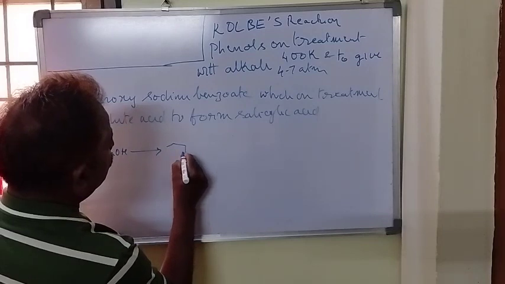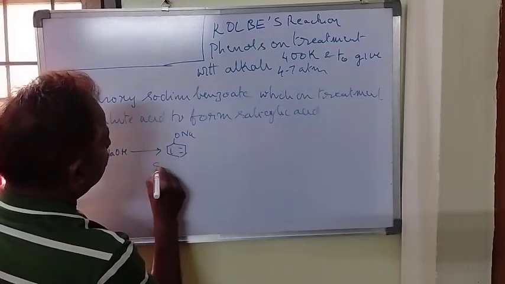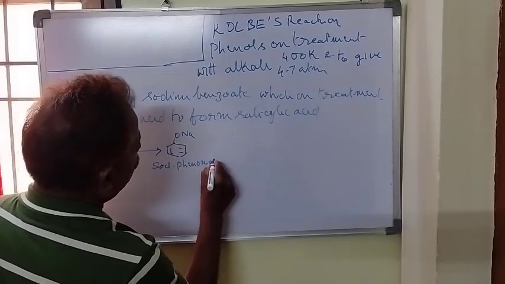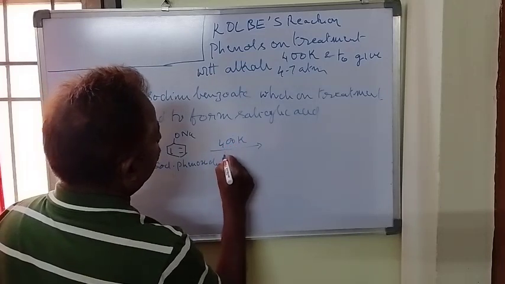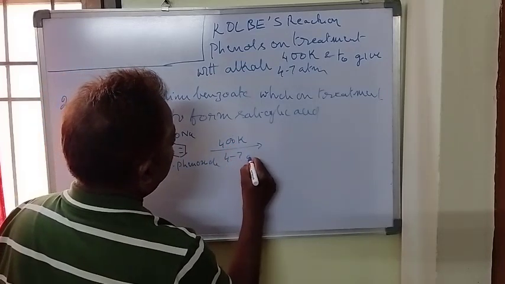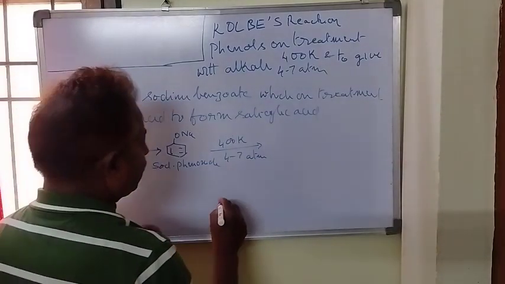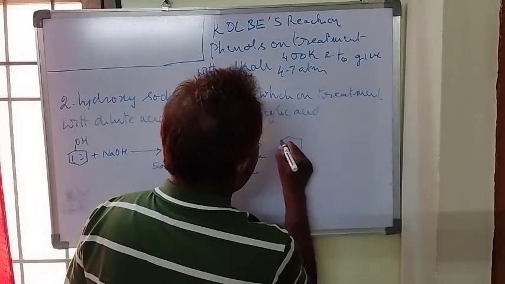Therefore we get sodium phenoxide. This is at 400 Kelvin, 4 to 7 atmospheric pressure, and of course CO2, we get